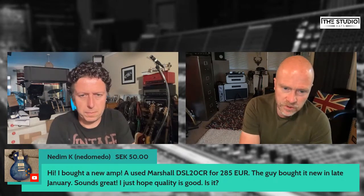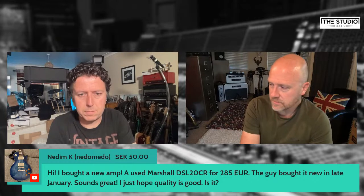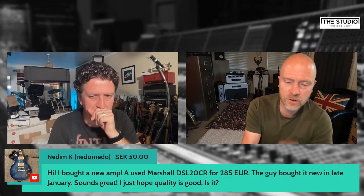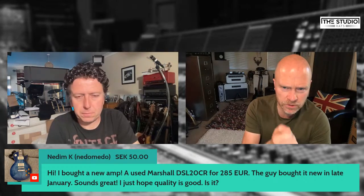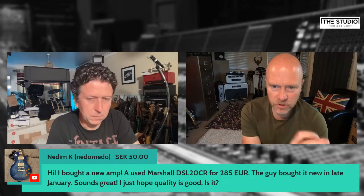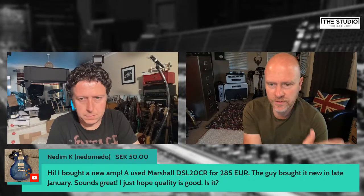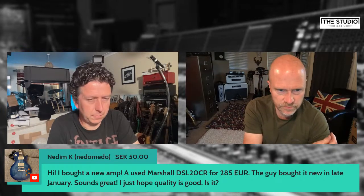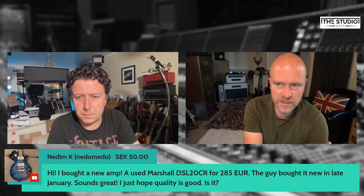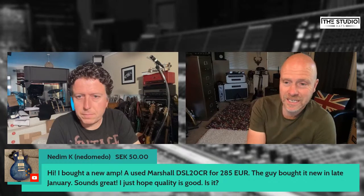So, okay. The DSL 20s, you've got to crank them up. The only way you'll get it home and you'll try at bedroom levels and you'll go, oh, this sounds really bright and harsh and thin. And it's because you're not cranking it up. So do yourself a favor, get an attenuator of some sort. You save yourself some money on the amp, get an attenuator and use it as it's intended to be used,